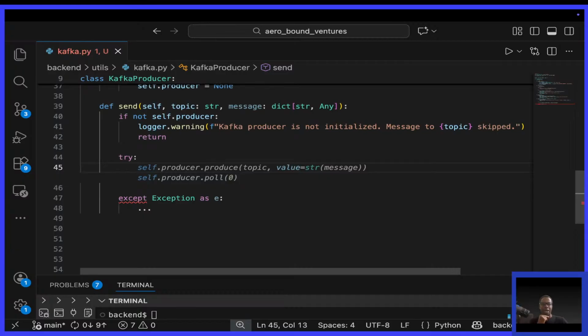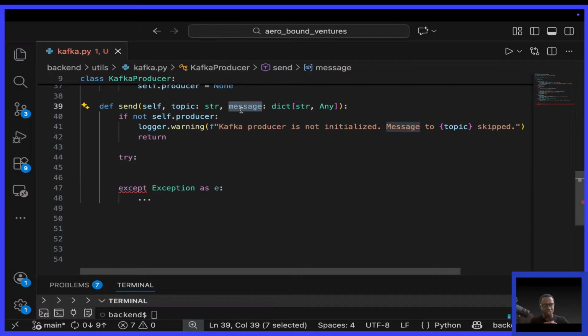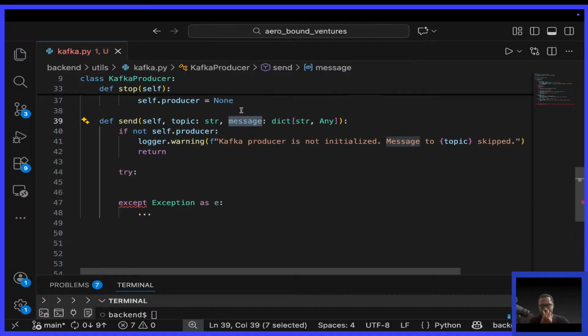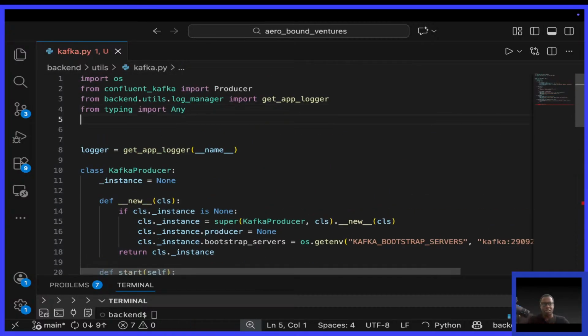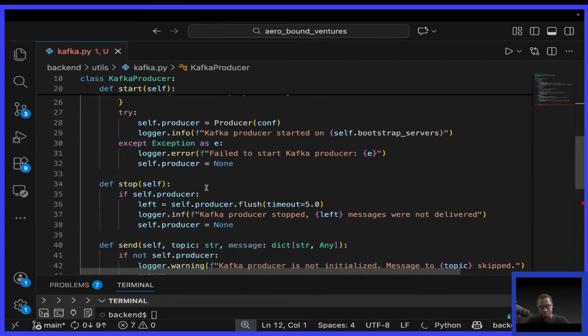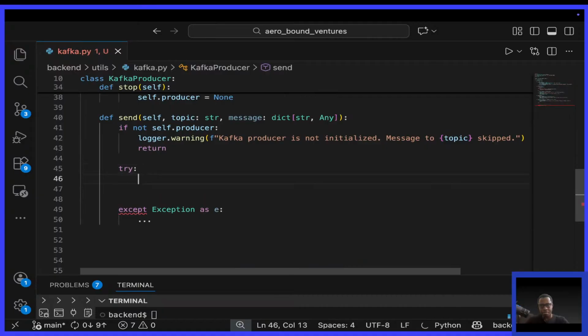So for us to give Kafka bytes, we have to convert this message to a string first, which is a JSON string, then encode that JSON string to UTF-8, which will be bytes, and by bytes I simply mean zeros and ones. To do that, at the top I'll import the json module. Then down here, the value that we want to send to Kafka will be equal to